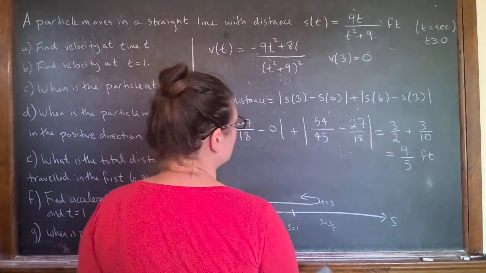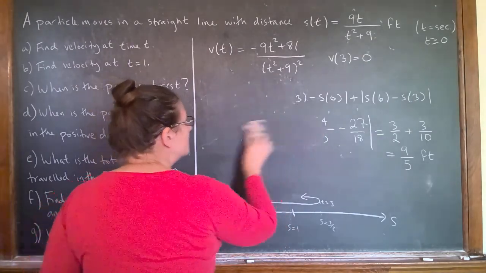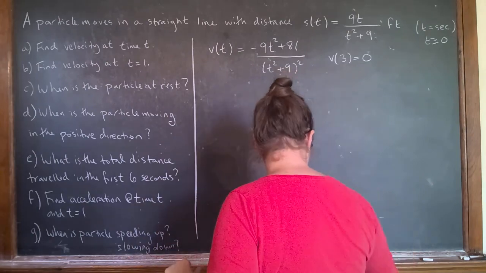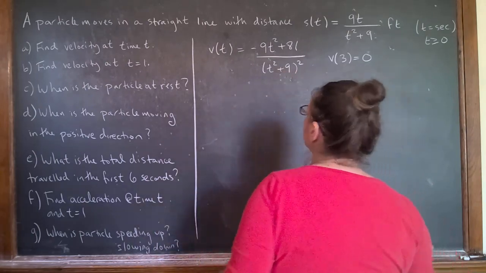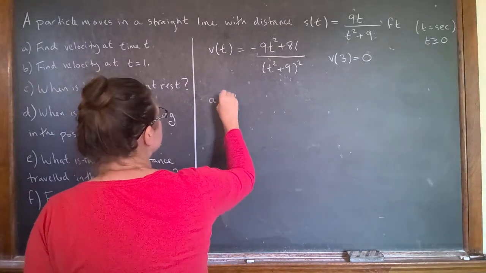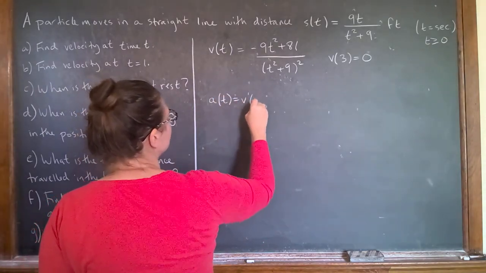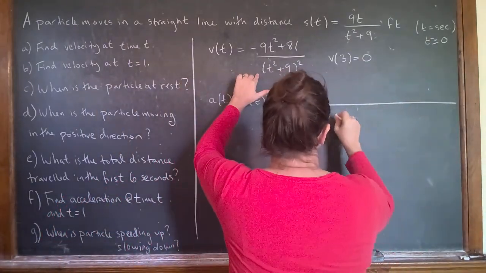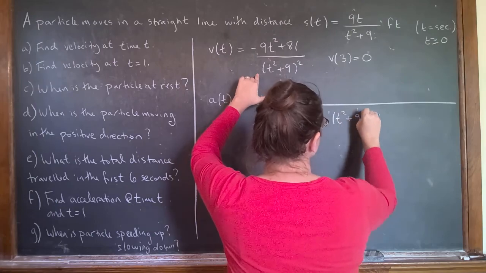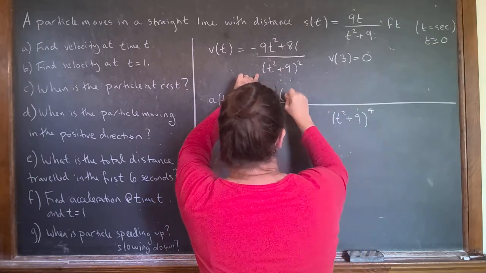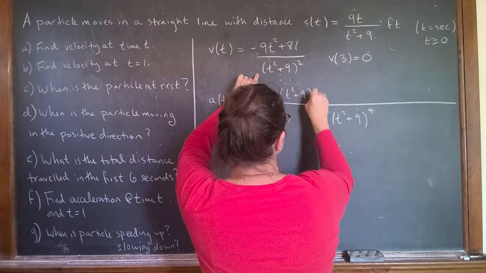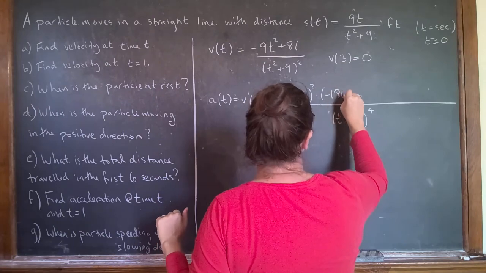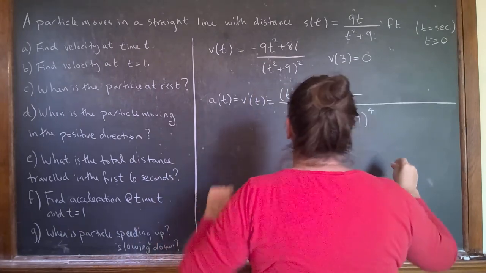Okay, so the acceleration is the second derivative. So I have to take this velocity and take another derivative to find the acceleration. So again, derivative of velocity. And so this is going to be another quotient rule. So it's going to be t squared plus 9 to the 4th. And then t squared plus 9 squared here times the derivative of this, which would be minus 18t, minus this